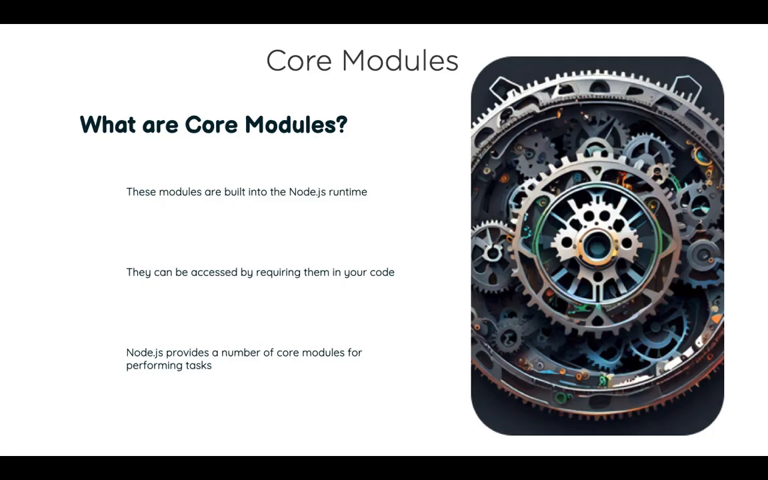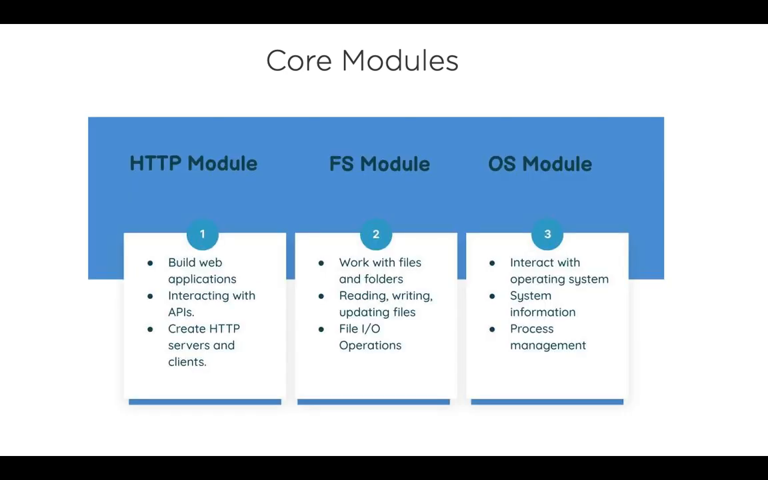Core modules are built into the Node.js runtime and can be accessed by requiring them in your code. Node.js provides a number of core modules that can be used to perform various tasks. Some examples of core modules in Node.js include the HTTP module, which allows us to build web applications, interact with APIs, and has methods for us to create HTTP servers and clients, handle HTTP requests and responses, and make HTTP